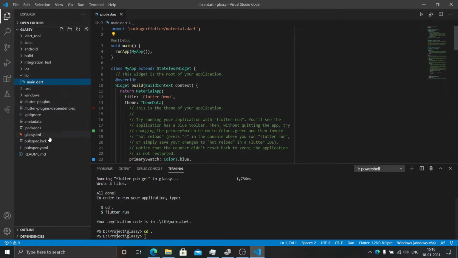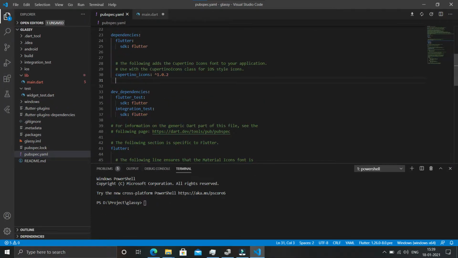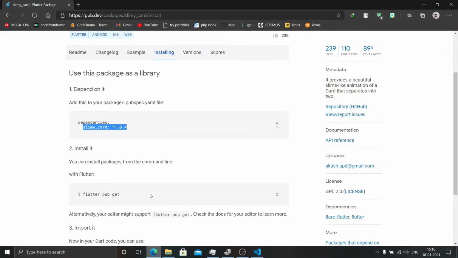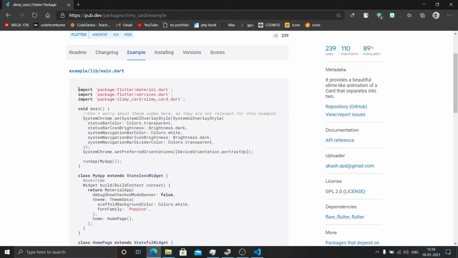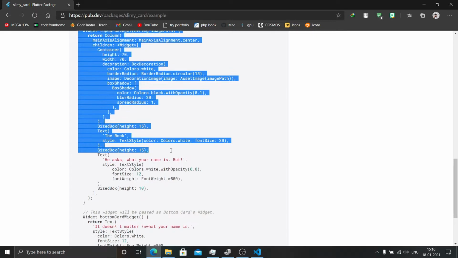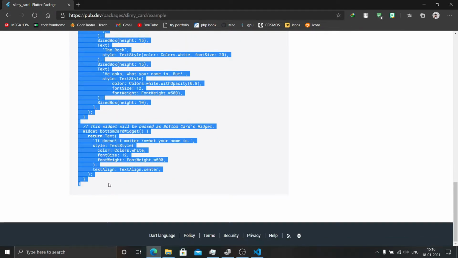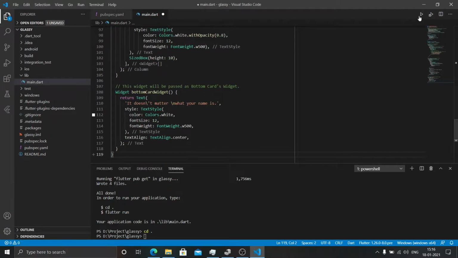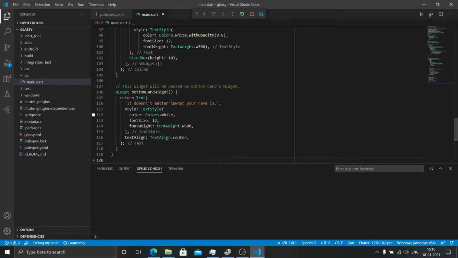Simply copy the dependency and paste it in the pubspec.yaml file. Now you have to paste it after two spaces from dependencies. A Flutter project is nothing but it's all built on dependencies only, so it's necessary. Now let's go to the example directly, and I will be copying all the files from here. Yes, I am a lazy person, but this can be used directly sometimes, though not all Flutter packages work the same, so I am using it right away, and you can too.